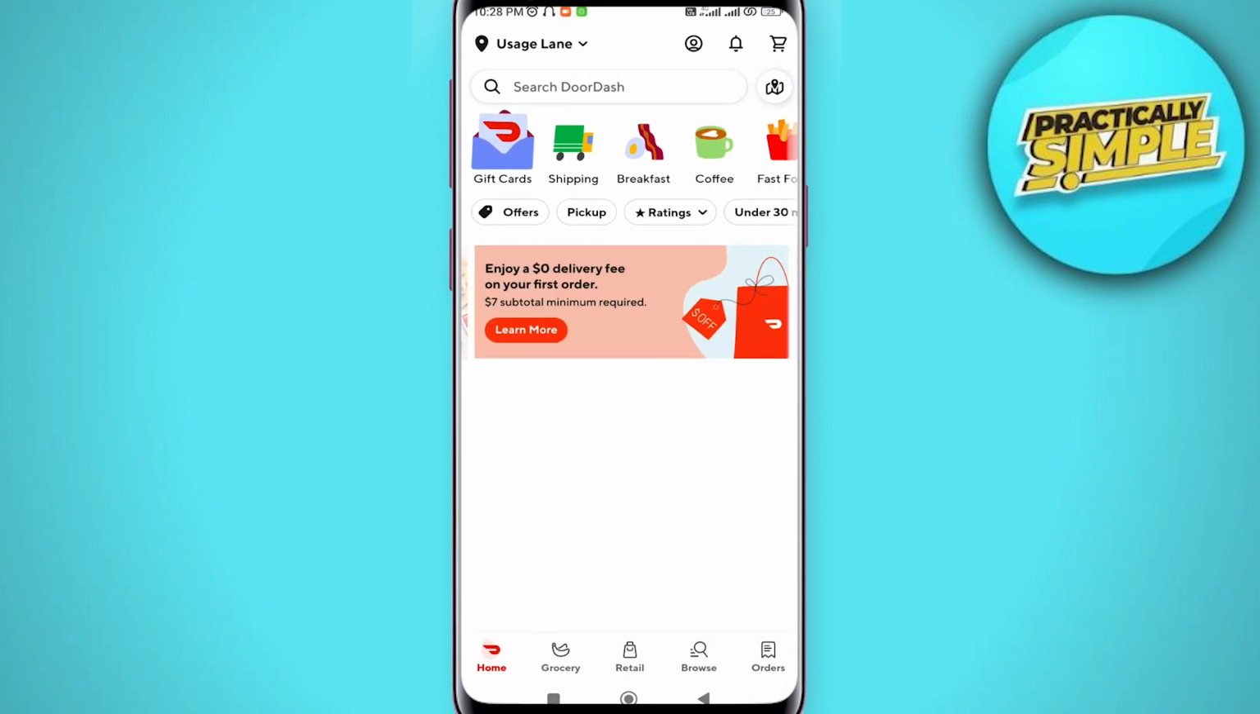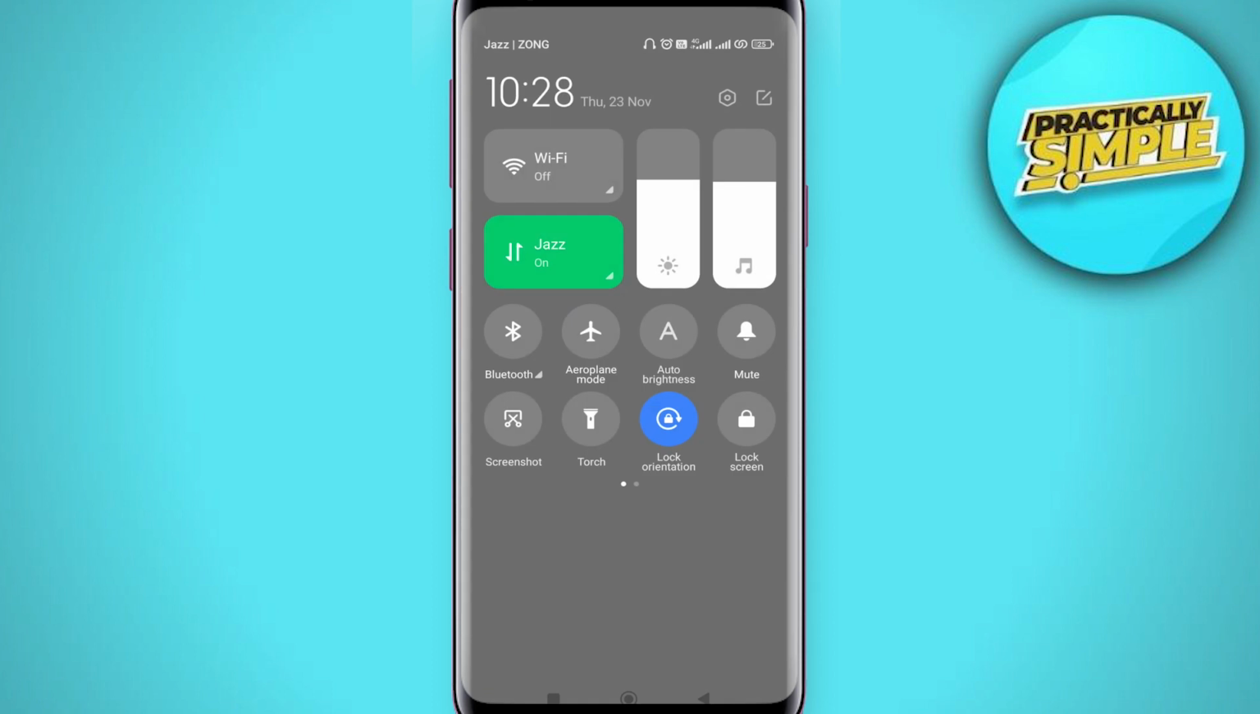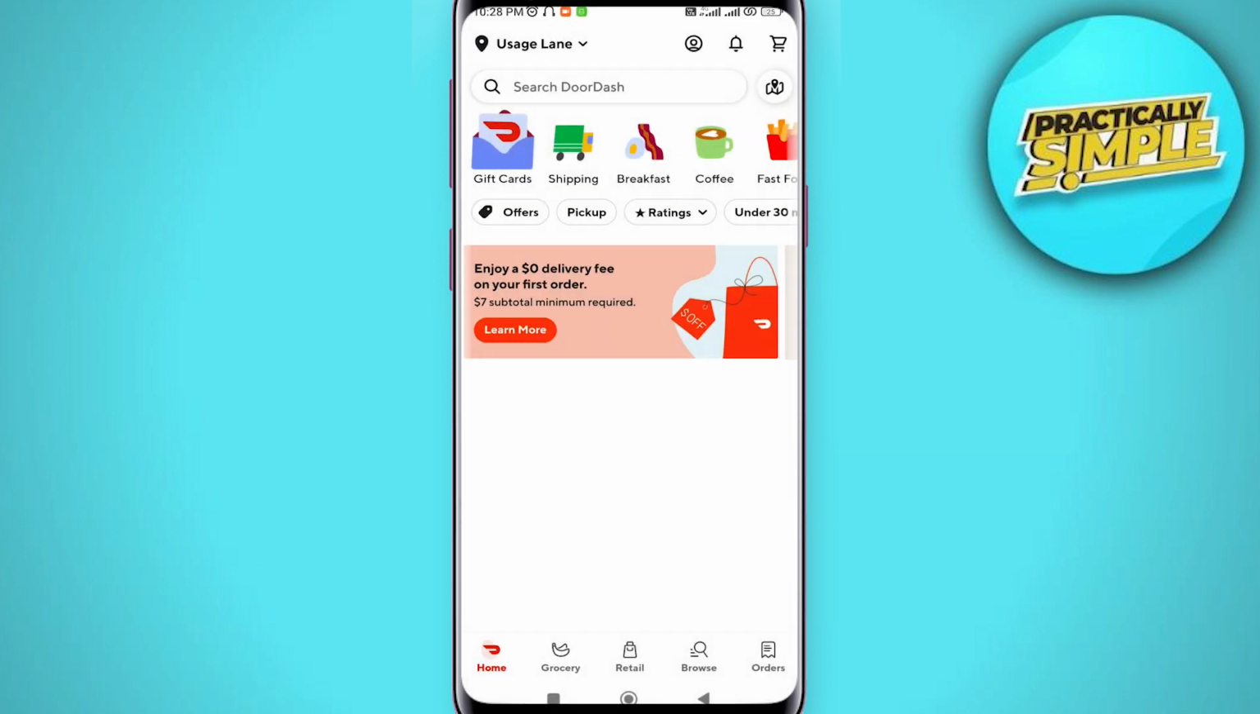Now if it's still not working, then I recommend you can switch your data. If you are using your data, you can switch to Wi-Fi and you can see what fast connection you have. And if it's still not working, all you have to do is go to your App Store or